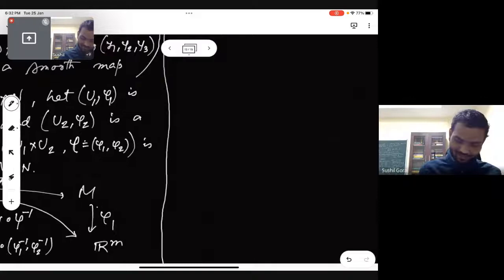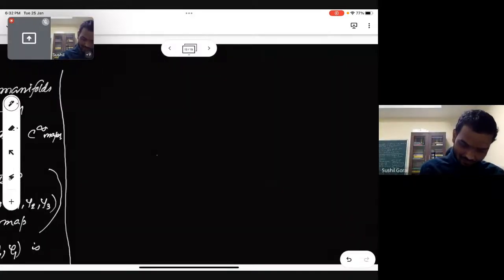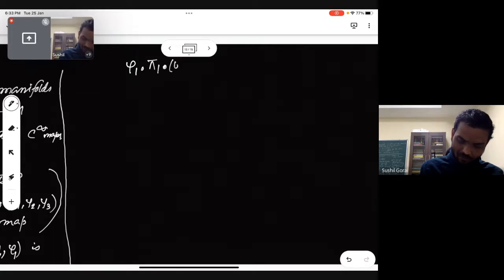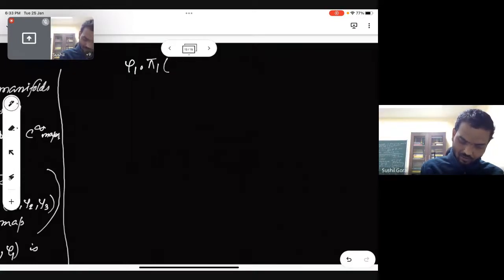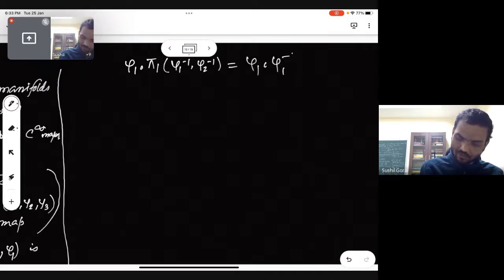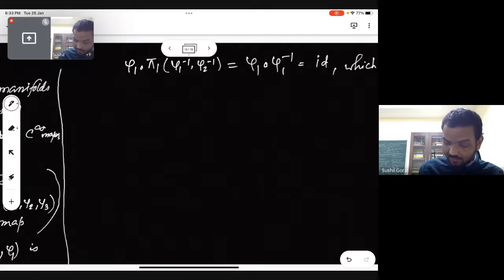Identity. So phi1 of pi1 of (phi1 inverse, phi2 inverse) is nothing but phi1 compose phi1 inverse, and this is identity on